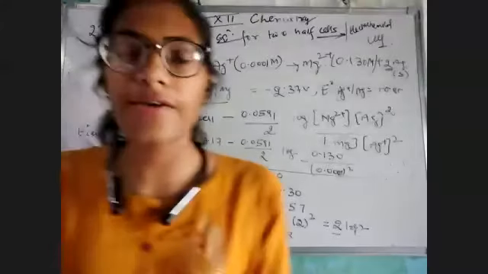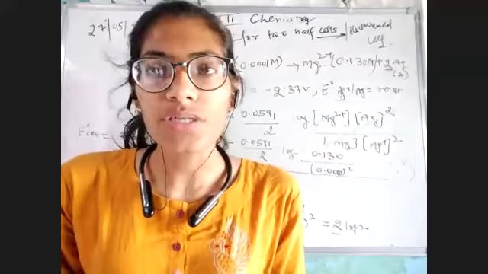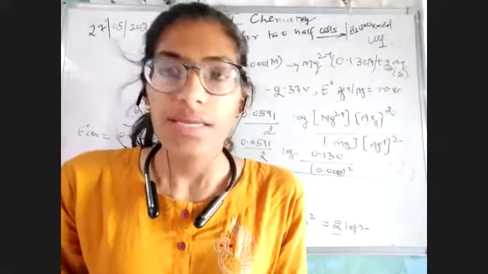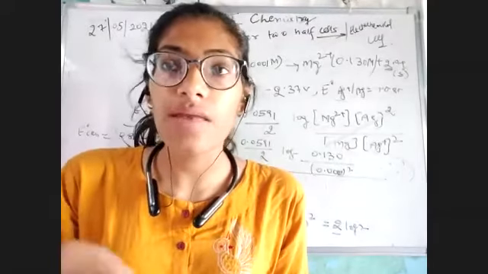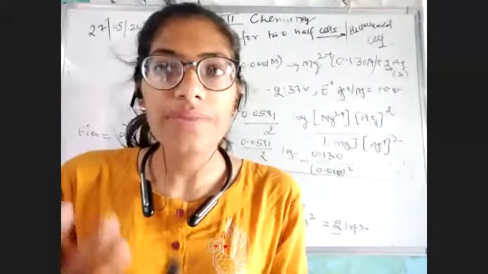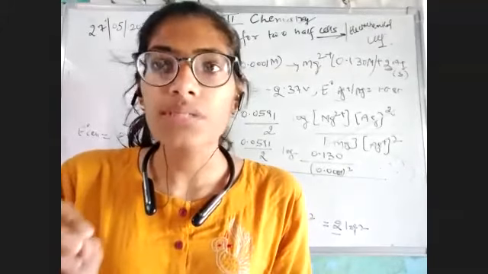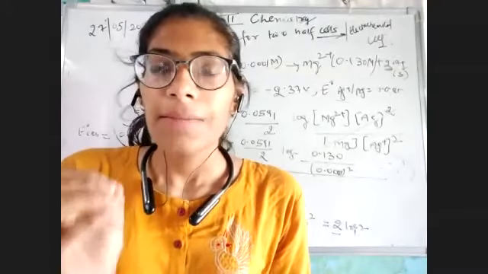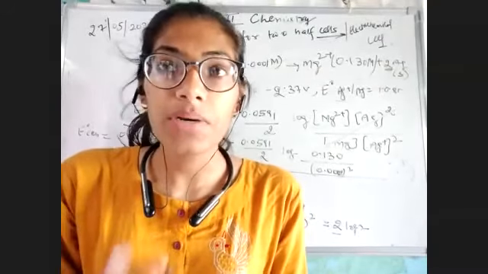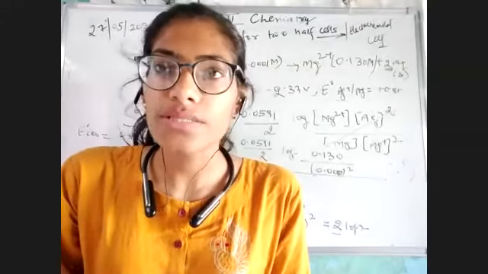Now we have been left with our next topic. We have done our Nernst equation. We need to write the general applications of the Nernst equation. That is, with the help of the Nernst equation, can we calculate other factors? Yes, there are. First one is the equilibrium constant, and second one is the Gibbs free energy. Both are very simple and based on a simple formula. So you have to remember all these four formulas for the Nernst equation, so that you can solve the mathematical questions.